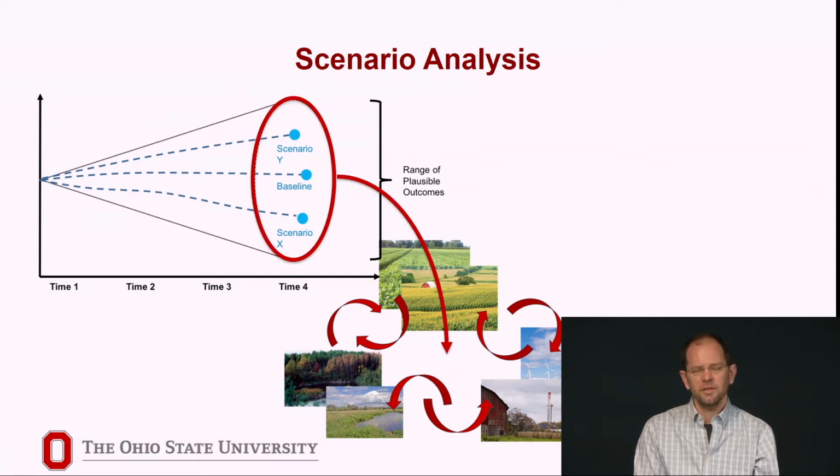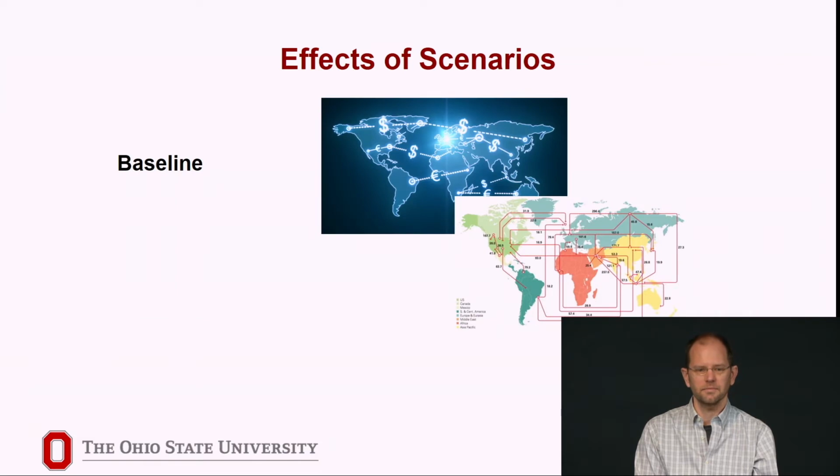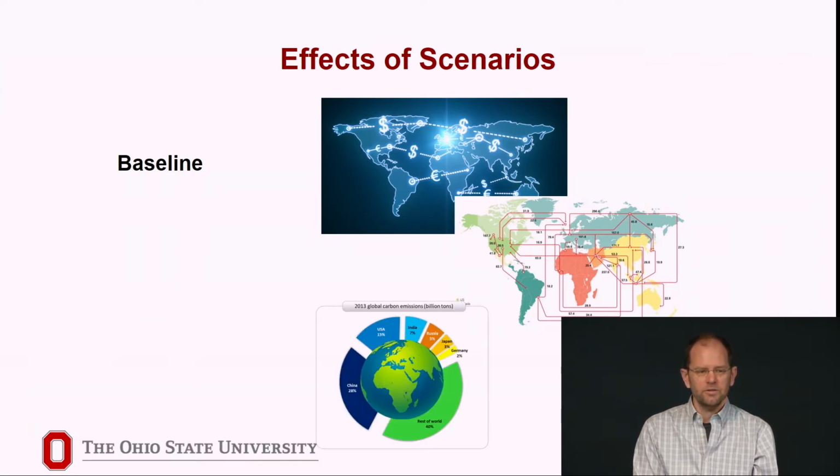Scenario analysis typically includes a baseline scenario that reflects practices and trajectories that maintain business as usual, or what are deemed to be the most likely set of conditions in the future. For example, a baseline scenario could be constructed based on the present globalized system of trade and unabated greenhouse gas emissions. We are interested in understanding how the systems and sectors related to food, energy, and water could be affected